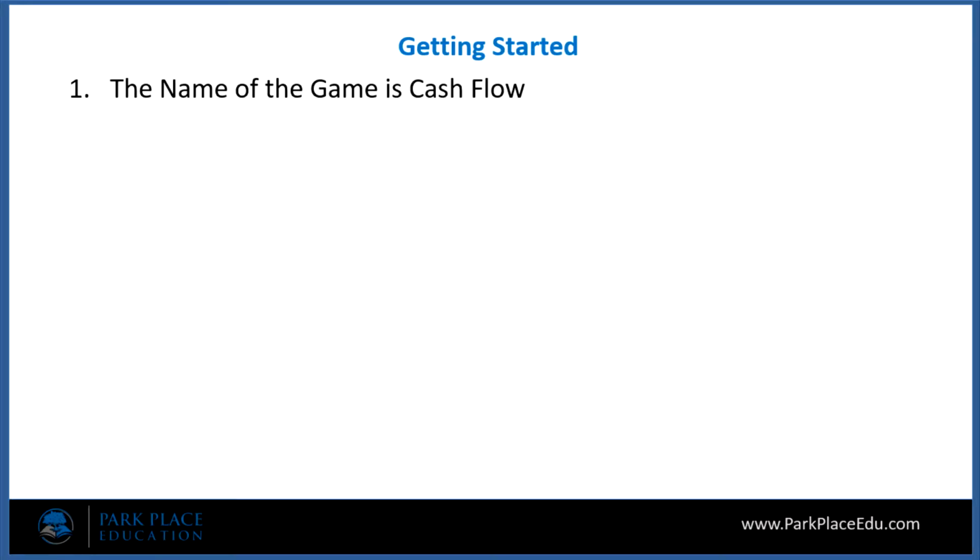So, the name of the game is cash flow. Cash flow is what allows you to do what you want to do, when you want to do it, with whom you do it, for as long as you do it. So the number one secret is cash flow. If you want to hang out at home and just do nothing, if you have cash flow coming in, you're good. If you want to travel, if you have cash flow coming in, you're good. If you want to be with your grandchildren, the secret is cash flow.